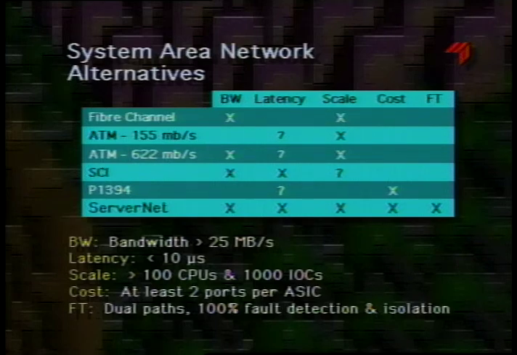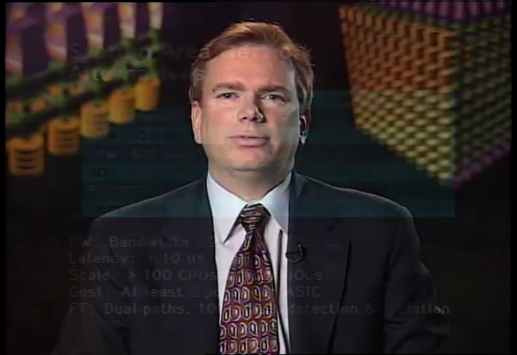First, looking at Fibre Channel, it clearly has very high bandwidth and high scalability, but if we look at the packet switching latency, it's fairly substantial due to the store and forward nature of most switches. A recent Fibre Channel switch was announced with a switch latency of 26 microseconds, and if these switches are cascaded, it's not difficult to exceed 100 microseconds between nodes. Also, cost is a factor in system area networks, and Fibre Channel to this point has been a fairly high-cost alternative.